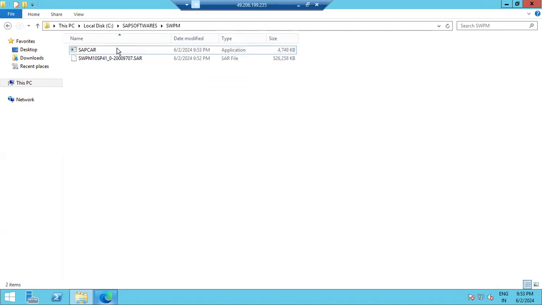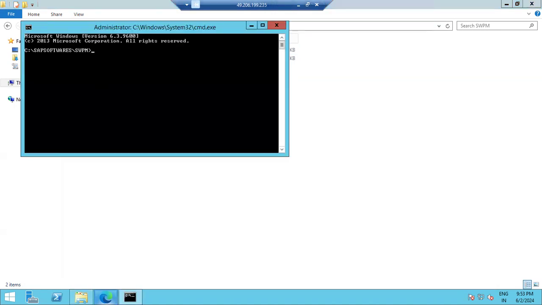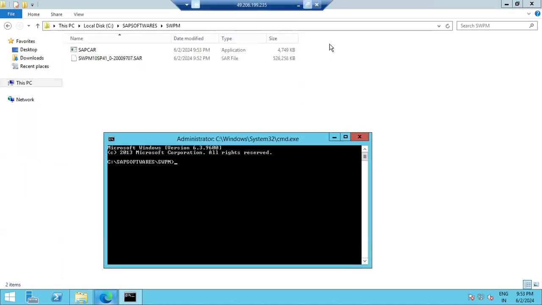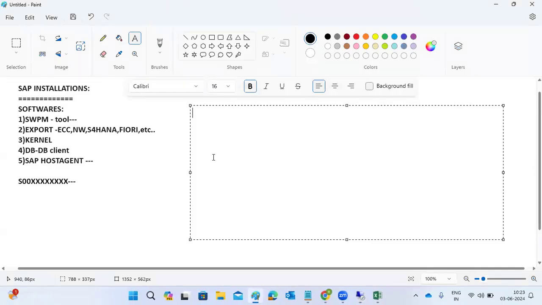So, SWPM versions here. Let me extract it using the SAPCAR command. How do we extract the SAR files? All the SAP-related files are SAR files. SWPM is the tool here for exports, ECC exports. We have the version, kernel also has a version, DB client, host